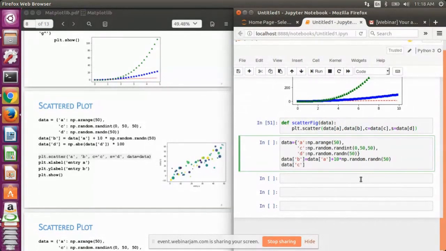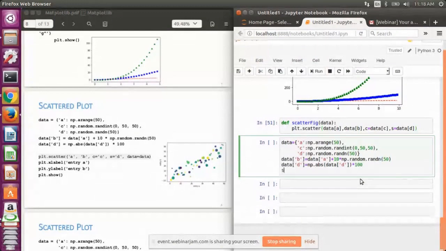Okay, sorry, the fields in the data are A, C, and D. I have defined another field of my data dictionary like this, where I have defined a B field and assigned some values. And next, I'm manipulating some values in the D field by taking the absolute of the values of D and multiplying them with 100.